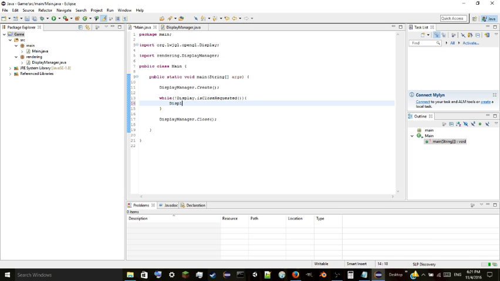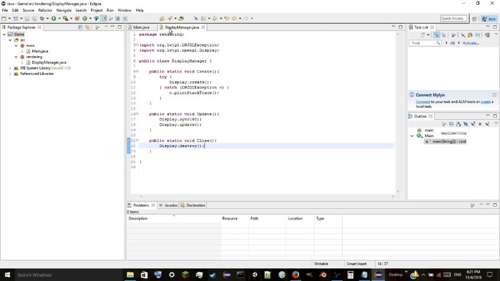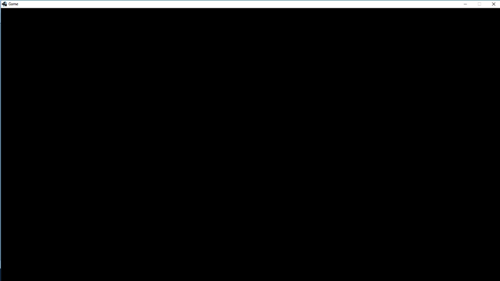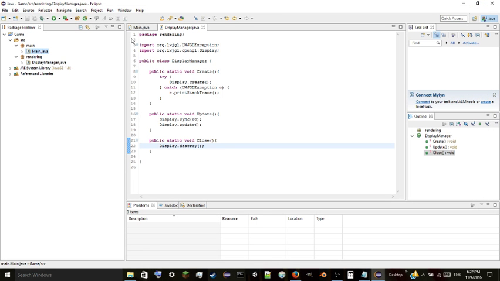and now in our while not display.is close requested while loop, we're going to do display manager.update, and that should be working now. So click run, select main, and then click run, main in your hierarchy. And then if you have this, you've done everything successfully. Now, if you have that, you can close it and go into your display manager, do